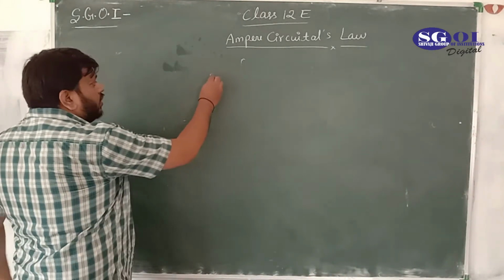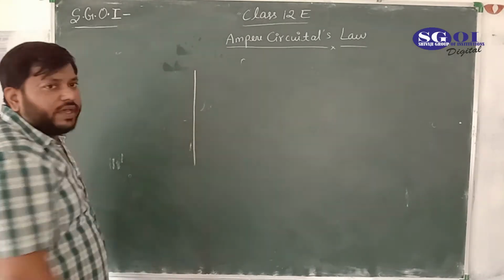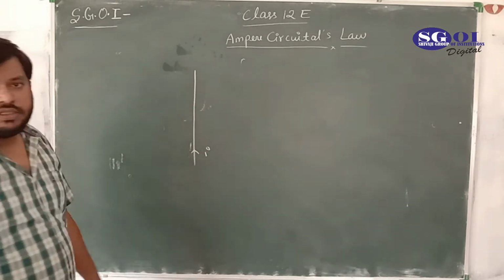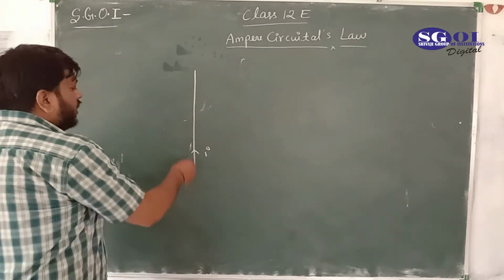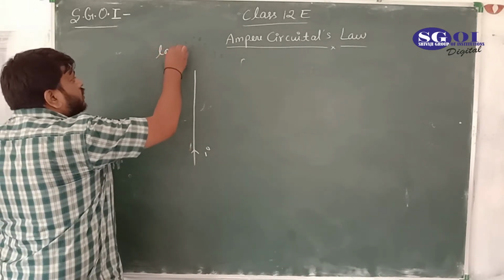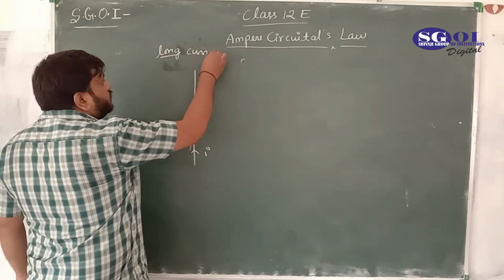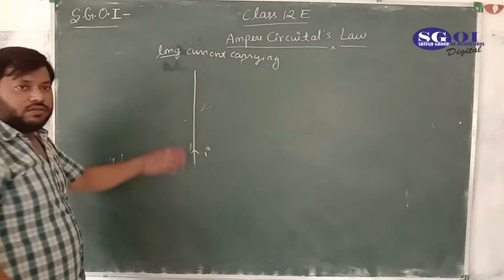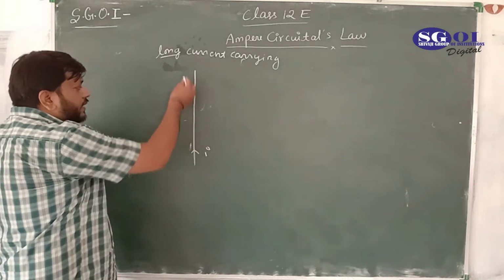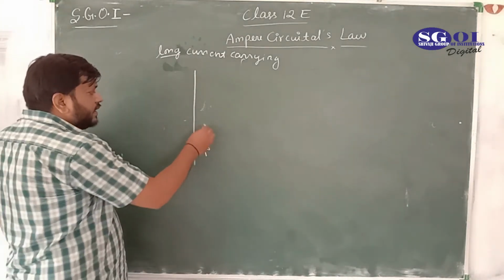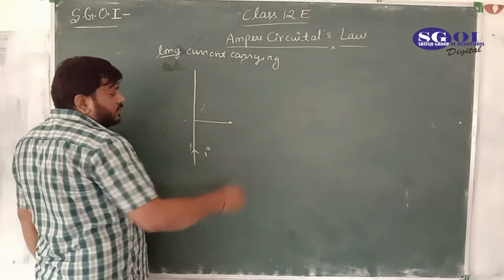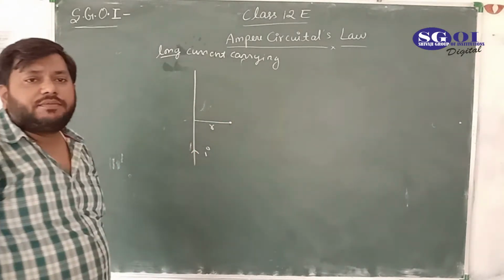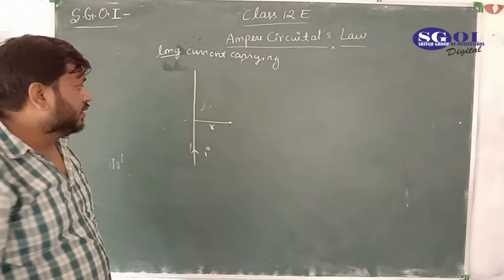Let's take a long current carrying metallic wire, and the current is flowing, let's say, in this direction. And suppose at a distance r, this is the distance r from the wire,